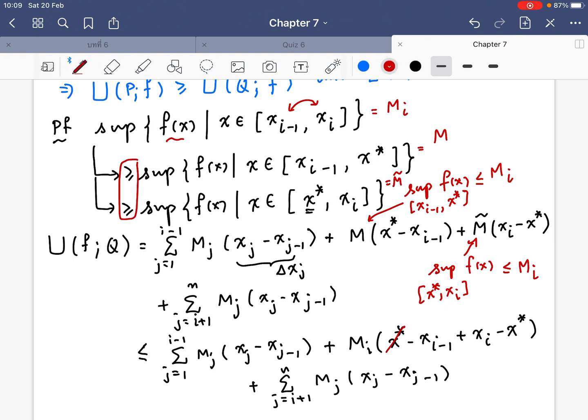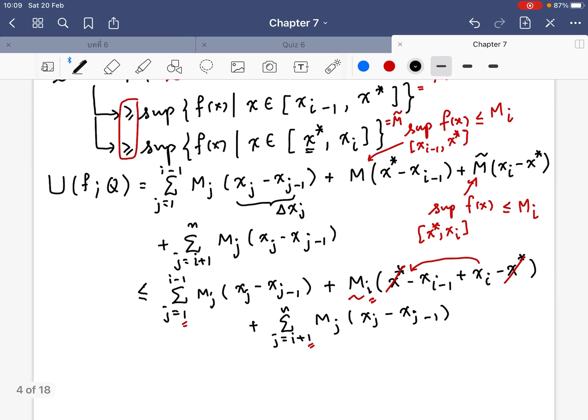However, this one, your x star will cancel and you end up with x_i minus x_{i-1} multiplied with M_i. So it means that you can add all these three terms together to get back the upper sum of